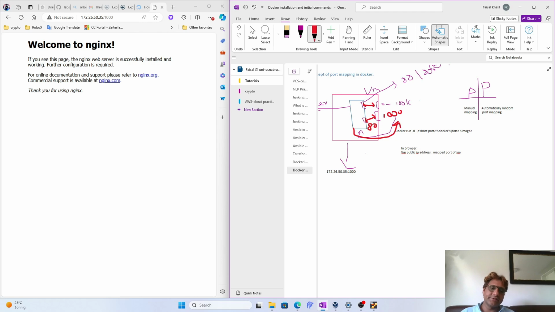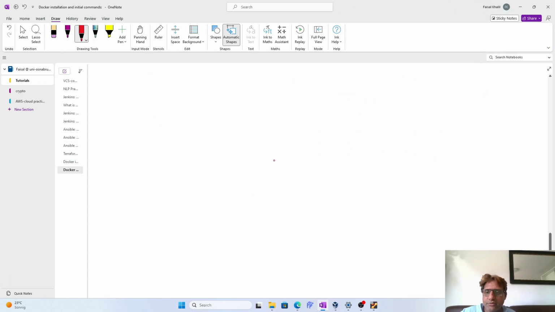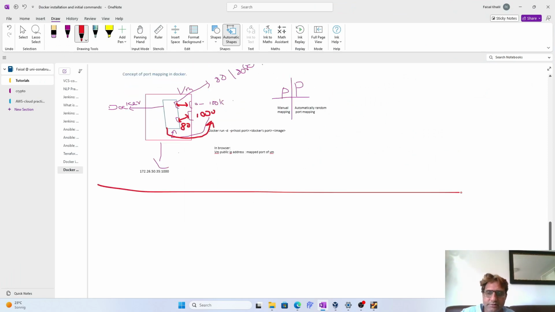So yeah, that is pretty much about port mapping. This is a very important concept. Then what is next in our agenda for today? There are a lot of things which are very important here. So today's agenda actually here is that,